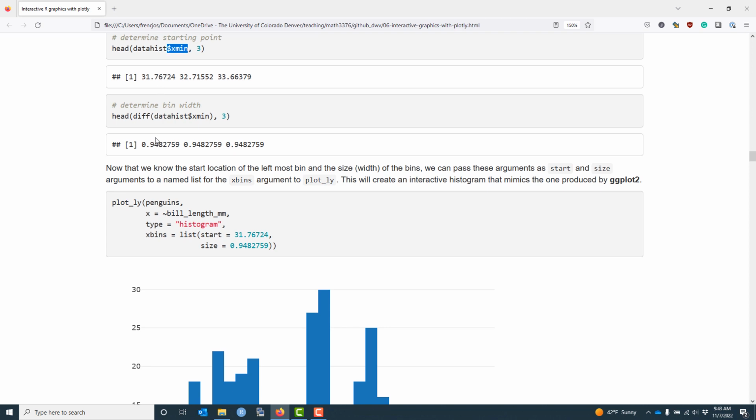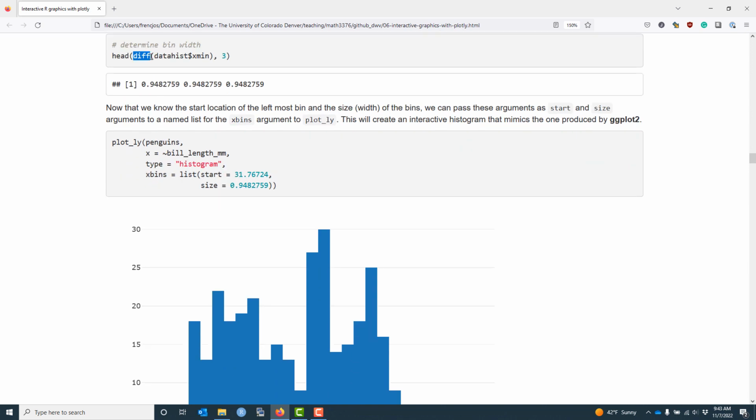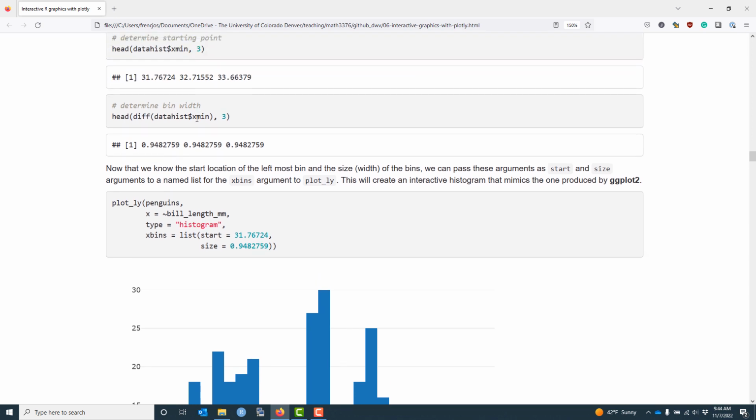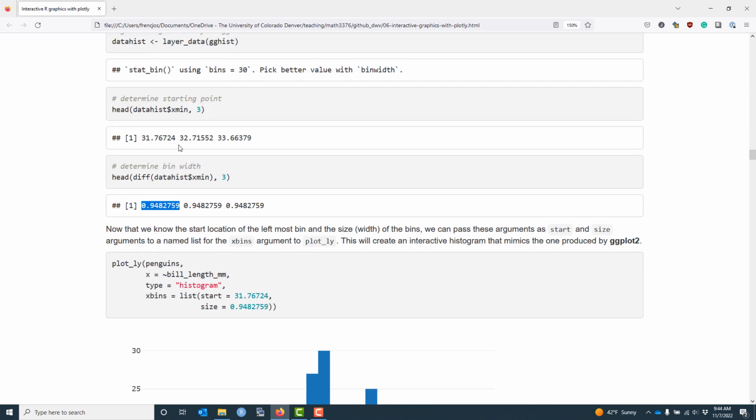Or in R, I can use the diff function to automatically take the differences of successive points in a vector. So I'm going to take that xmin vector, use the diff function, and then use the head function because I don't need to see that many. But what this tells us is that the difference between this lower endpoint and this lower endpoint is